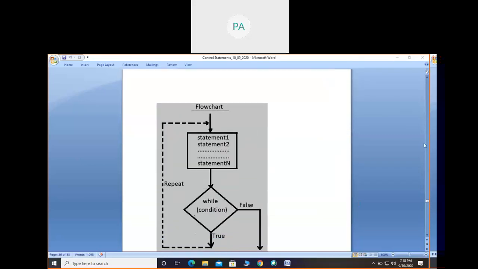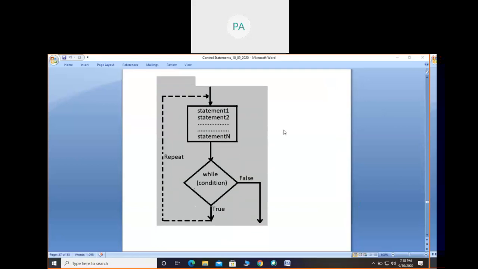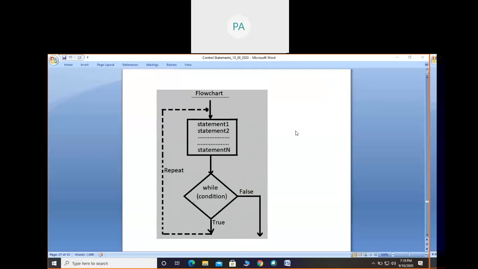Okay, so this is the flow chart. I will explain the flow chart in the recording. You can look into it, and if you want, you can write it or practice it. I will just explain here. You need not copy it now. Later in the recording, you can look into this.